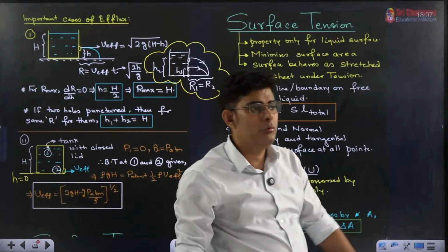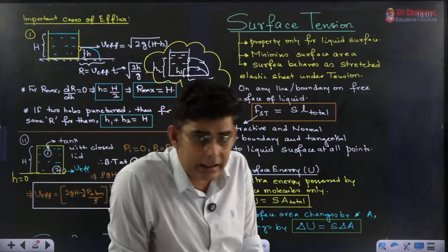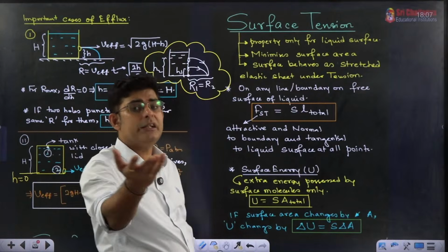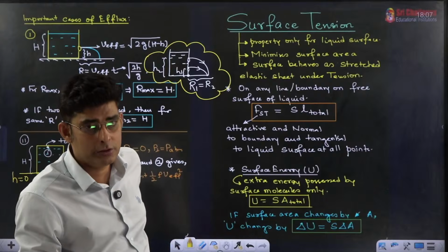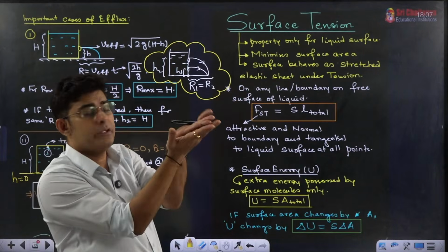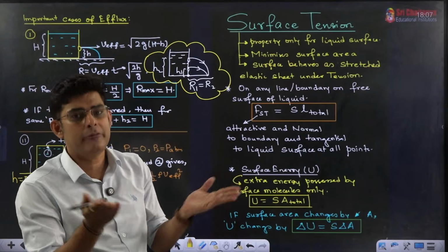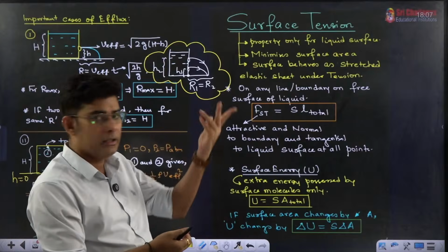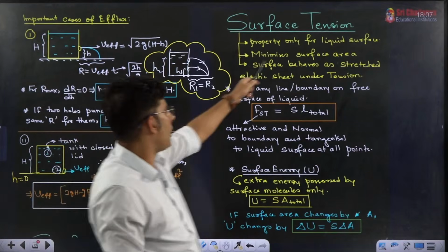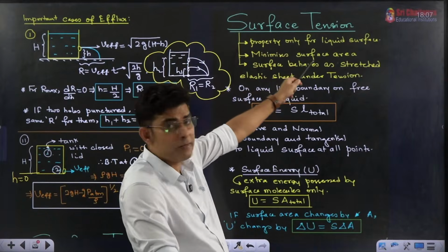Next, we come to what is called surface tension. Surface tension is another property of a liquid, a practically existing property, where we see that leaves float on the surface of water without going inside. So you cannot say that there is buoyant force. It is completely floating atop water. It is just like the water is supporting the entire weight of the leaf or small insects over it, nothing going inside. That is a property of liquid which is exhibited only on the surface of the liquid,